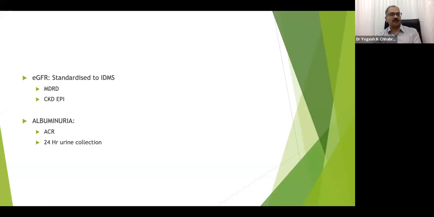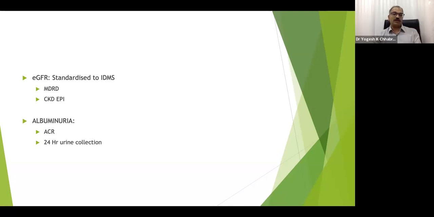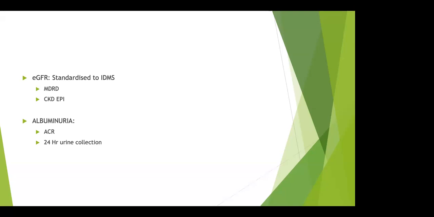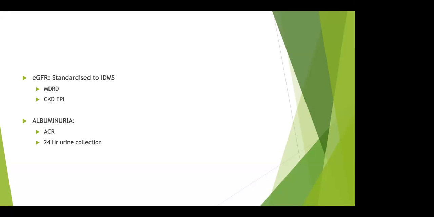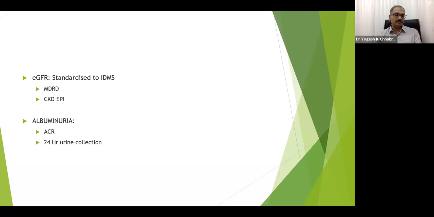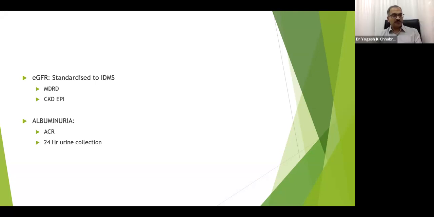The best GFR, as per the research criteria, is inulin clearance. But short of that, we talk about the DTPA scan, which can give us a good estimate of GFR in a much more defined way. Whether we are talking about MDRD or CKD-EPI, these have some flaws. Supposedly, in a pregnant female, these are not adequate. These are not giving a right judgment. In obese patients, it's not giving us a right judgment. In patients with amputation, it's not giving us a right judgment.